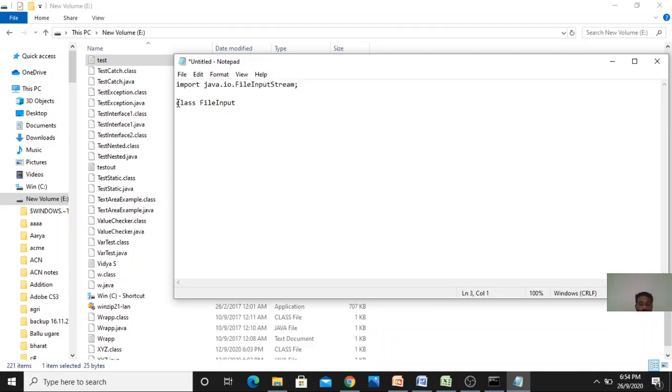So I will declare the class public. The FileInput class has one opening brace and one closing brace. Inside FileInput I will create a main method: public static void main(String